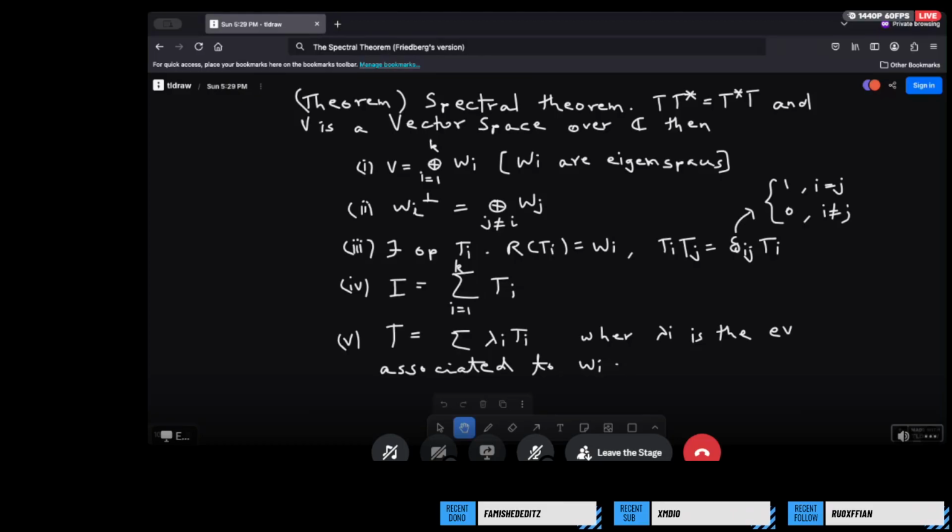So let's prove this. In Friedberg they invoke a bunch of previously done results, which I do not want to do because that seems unfair. So let's prove this, right? The most important part would be number one, to give us a decomposition of V into a bunch of orthogonal subspaces, which are in fact eigenspaces. And we prove this by induction, right? So the first claim is we want T to have